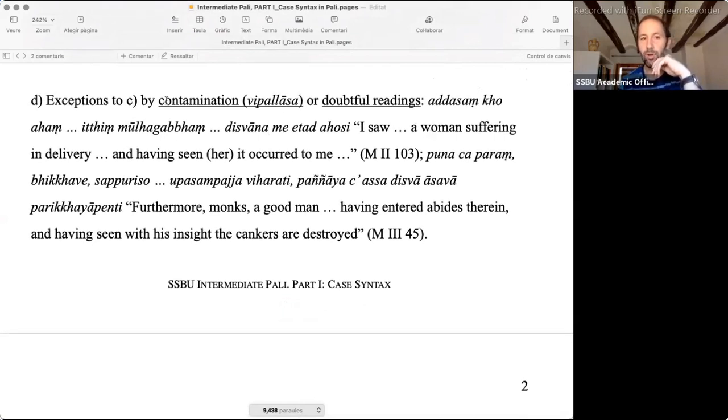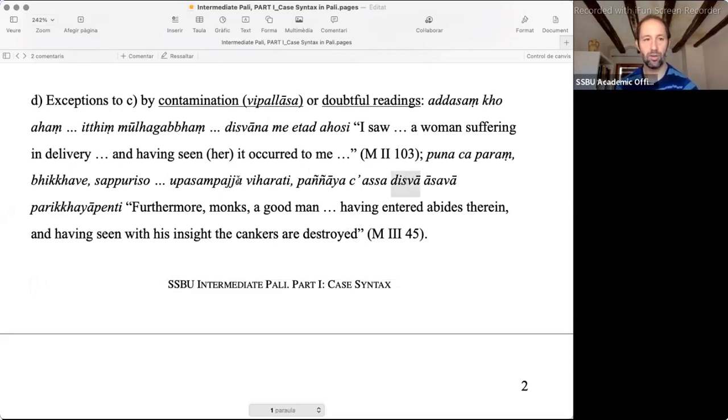And so that would be probably an example of contamination, quite clearly from the previous sentence. And then another one: Puna chaparam bhikkhave sappuriso upasampajya viharati panyaya cha asadiswa asava parikaya penti. Furthermore, monks, a good man having entered abides therein, and having seen with his insight, the cankers are destroyed. So again, here diswa